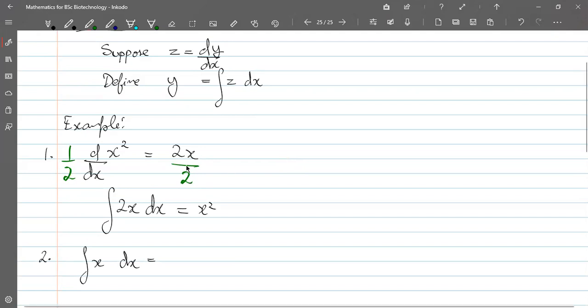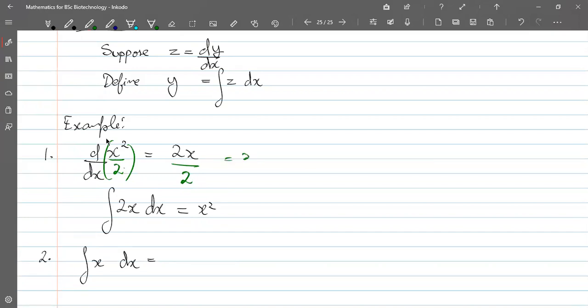But luckily, remember that differentiation is a linear operator. So it's also possible to write this inside, correct? So d/dx of x square by 2 is equal to 1 by 2 d/dx of x square, which is 1 by 2 times 2x, which is x. So if I write this properly here,